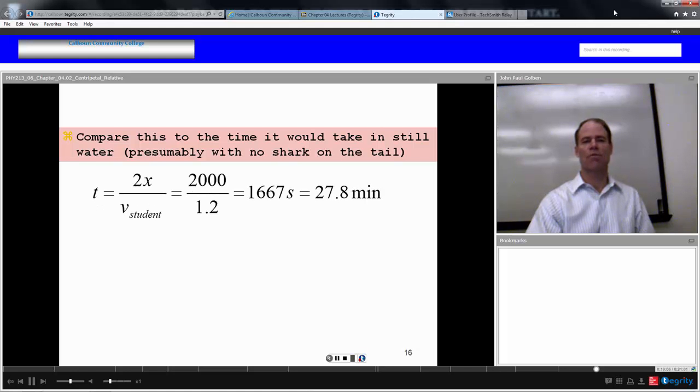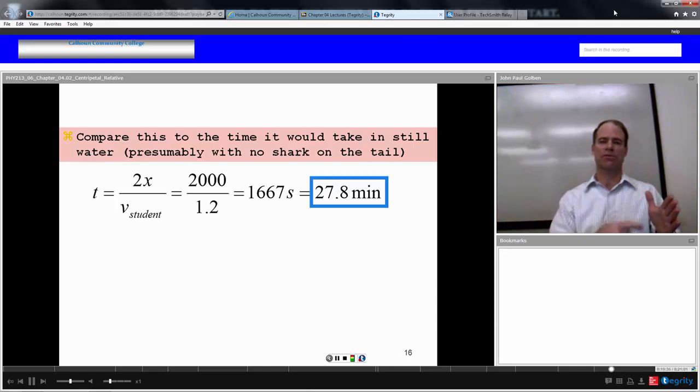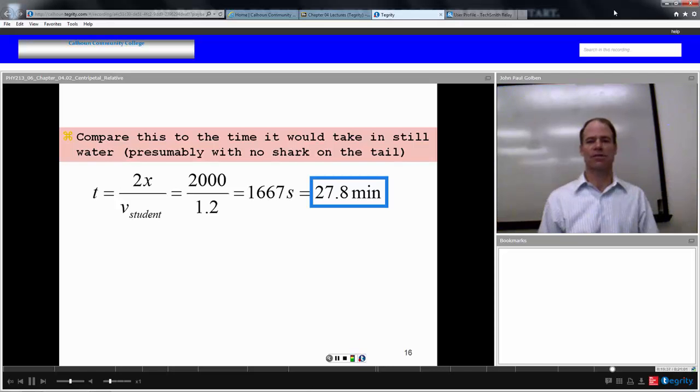If the water were still, we could go there and back again, 2 kilometers, 2,000 meters, at the velocity of the swimmer, 1.2 meters per second. That would be 2,000 meters over 1.2 meters per second, which is 1,667 seconds, or 27.8 minutes. So we could complete this journey faster if there was no river going. So even though we went pretty fast downstream, the problem was going upstream, and hence that slowed us down